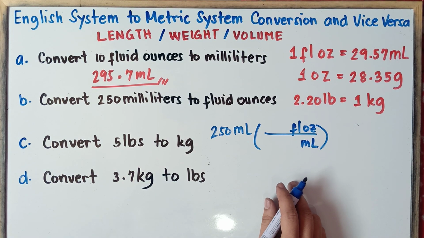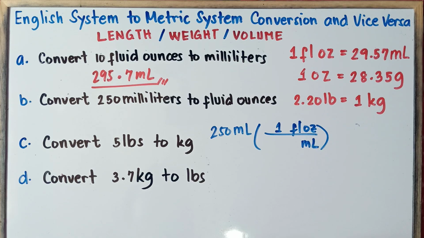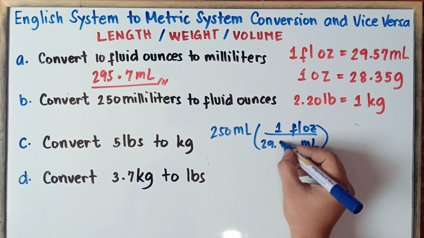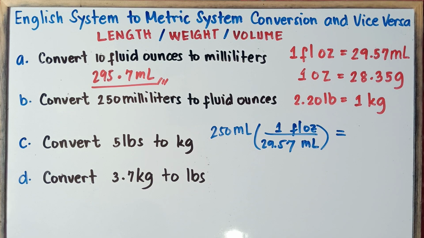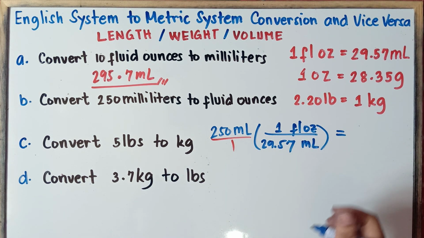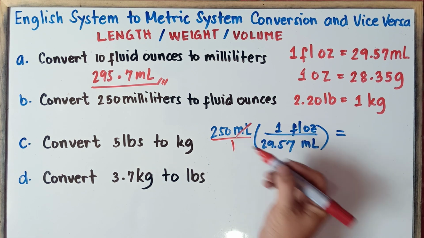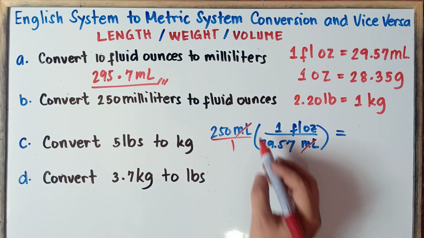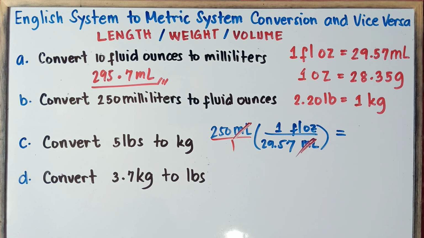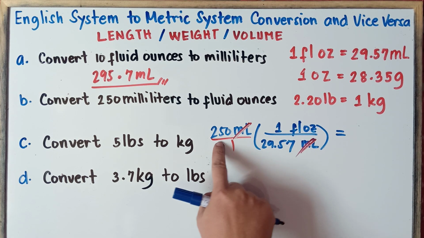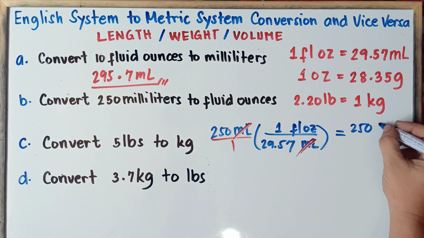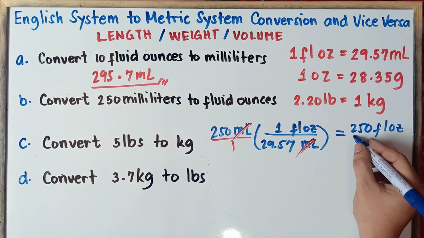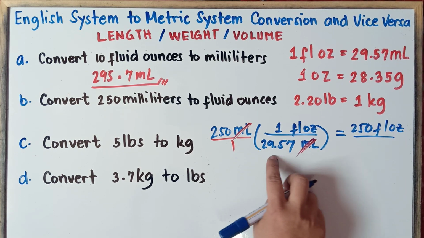In the conversion, 1 fluid ounce is equal to 29.57 milliliters. And then you put equal sign. And then we can put over 1 here for our given. So 250 times 1. So do not forget, class, to cancel out the units. Cancel ml, milliliters. We can cancel this out. And the remaining units will be only fluid ounces. So 250 times 1, that would be 250. And do not forget the units, fluid ounces. Over 1 times 29.57, that would be